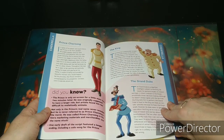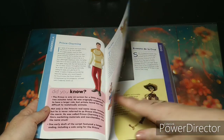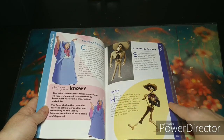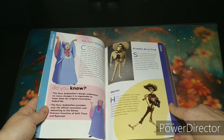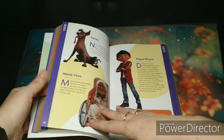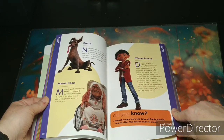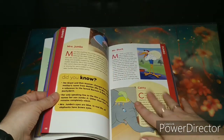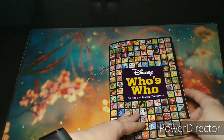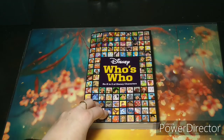So I think it's a very lovely discovery to have in the collection. And here are the characters from Coco. So adorable. And there is also a French version of this book, but the problem with that one is that